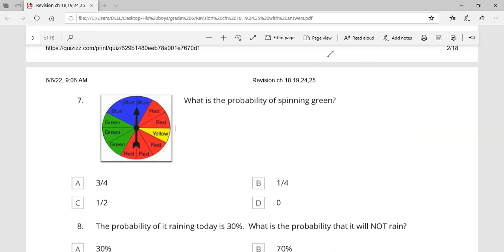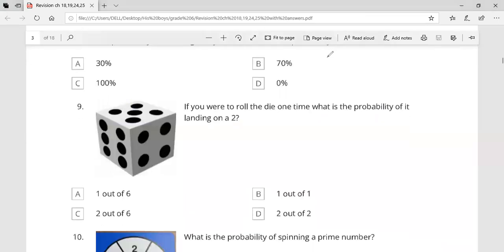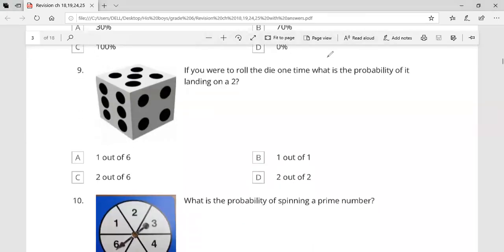The next one. Here is again, maybe it's repeated, landing on 2. Yes, 1 out of 6, as we said before. The next one,